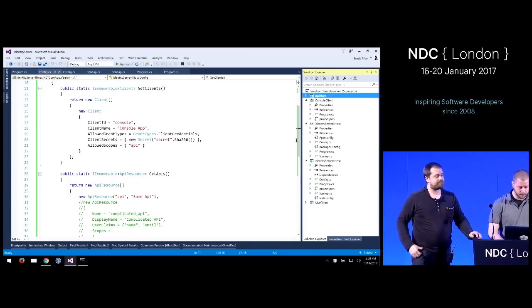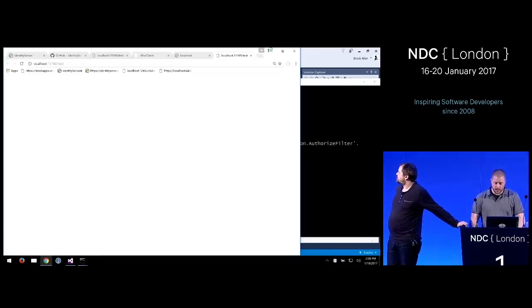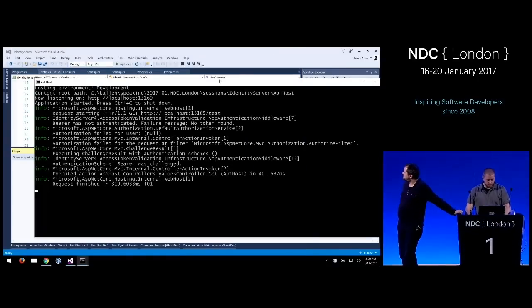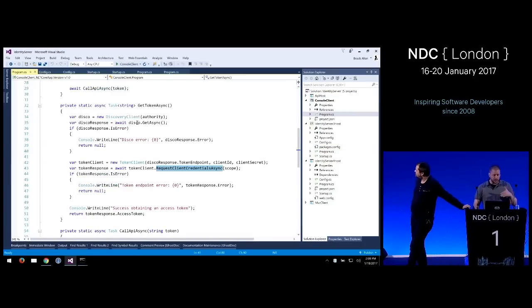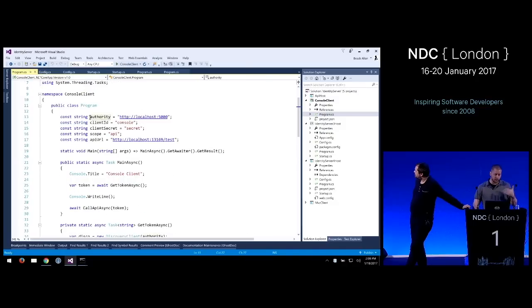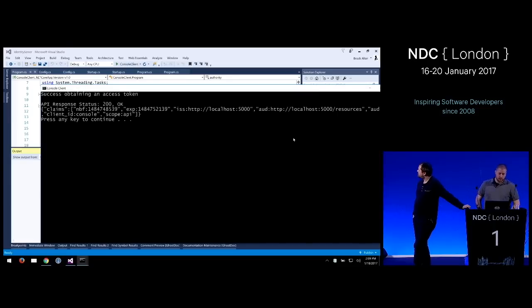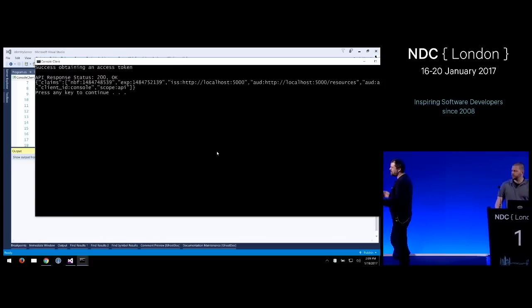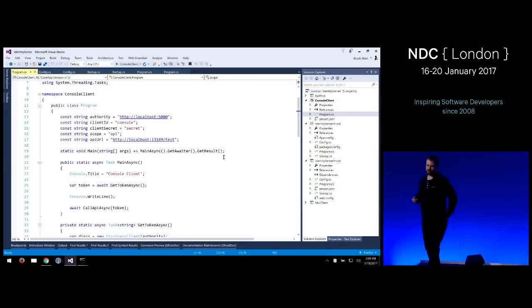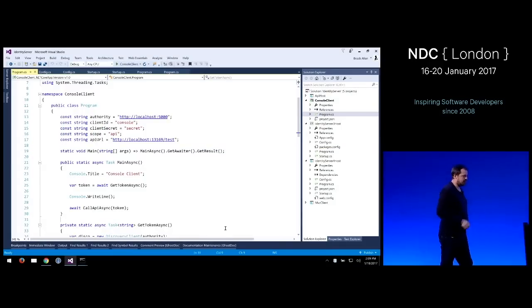Okay, good. So let me rerun the API, which I think I didn't. There we go. And now our console client, we used all the same configuration values. Most importantly, IdentityServer4 is now running on the same URL. So this should, hey, work. Cool. Any questions on that? That server-to-server style communication. It's pretty much the same, just a bit more polished and a bit easier to use.